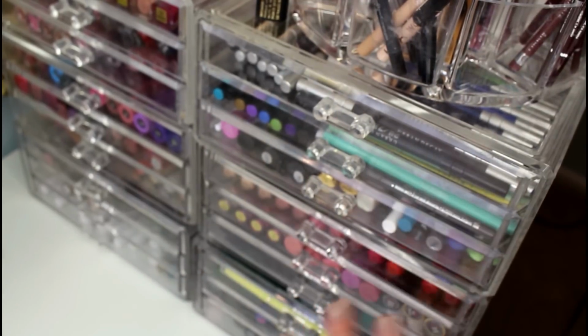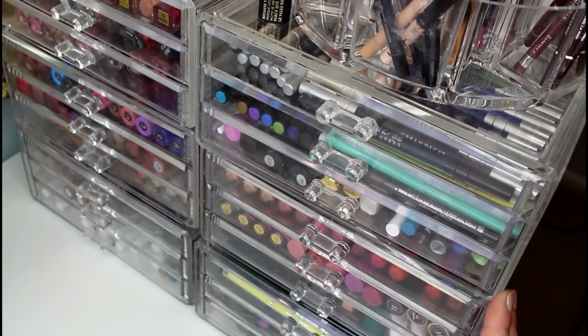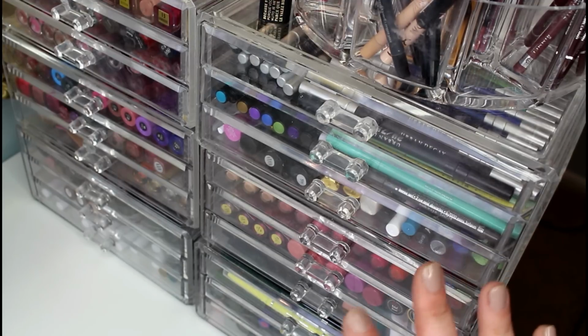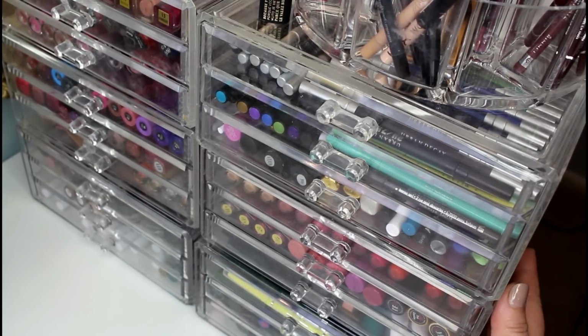And so that's just everything that I have in these acrylic organizers. And again, these are really affordable. Just keep your eyes open. They're usually no more than $12. Ross, TJ Maxx, HomeGoods, Burlington, they all have these organizers and they're really cheap and they're great for storing makeup. All right, so now we're just going to move into the drawers that I have on the left-hand side